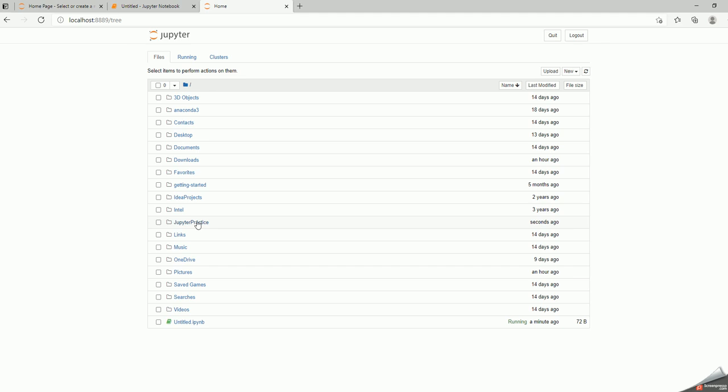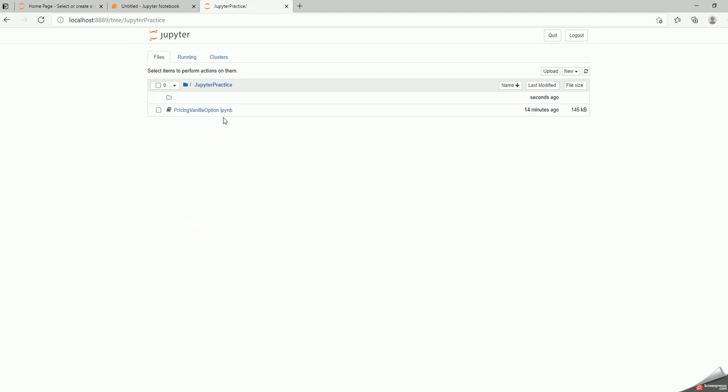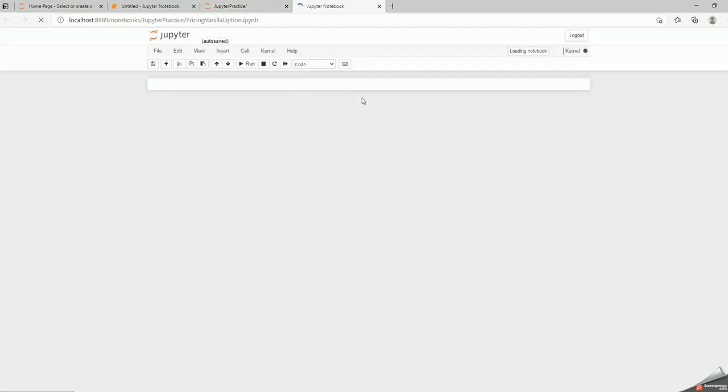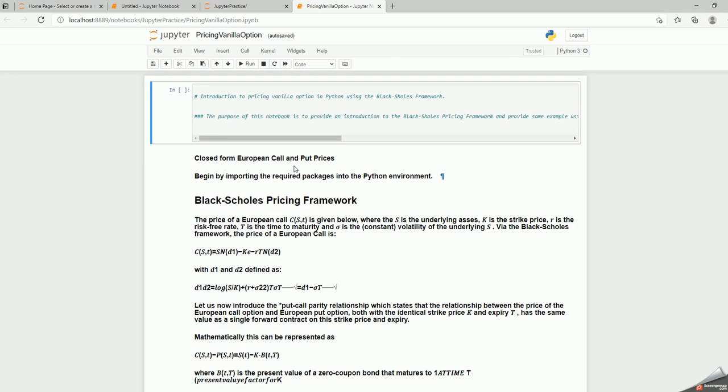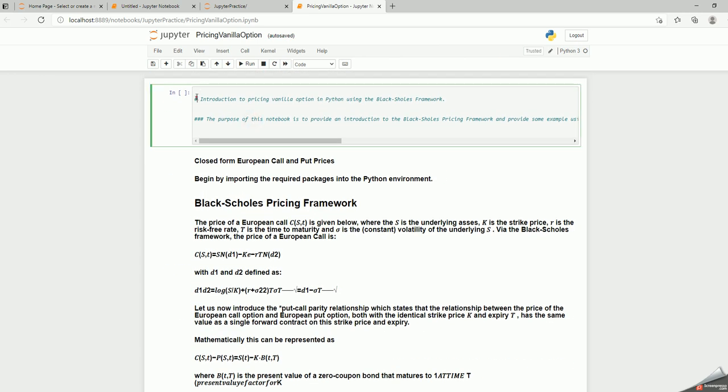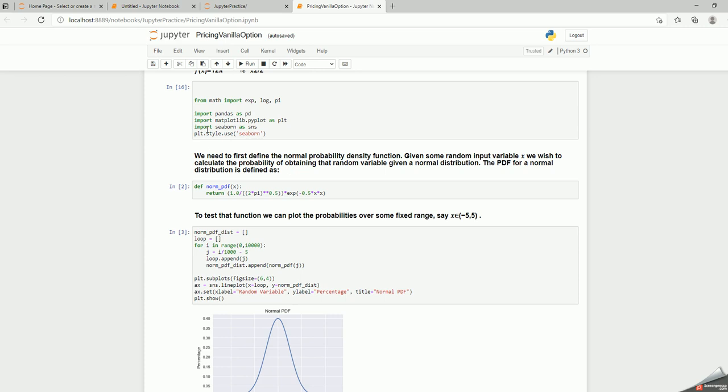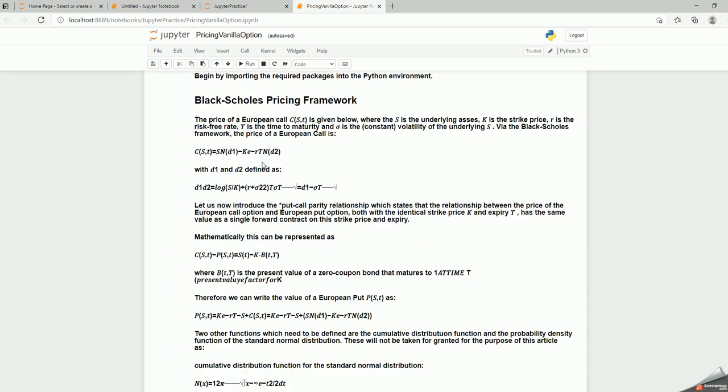I have saved the notebook. You can all see this format, the extension of the notebook. It is .ipynb. So you can see here. You can just launch it, and this opens another tab. So you can see my program is here, and I think I'll just show you something here. What you see here is just a comment, and we can call it markup, and the rest of it is code. This is code, and this is a comment.